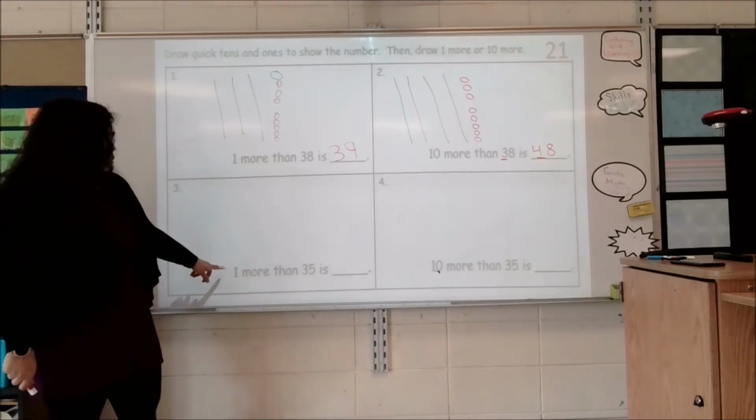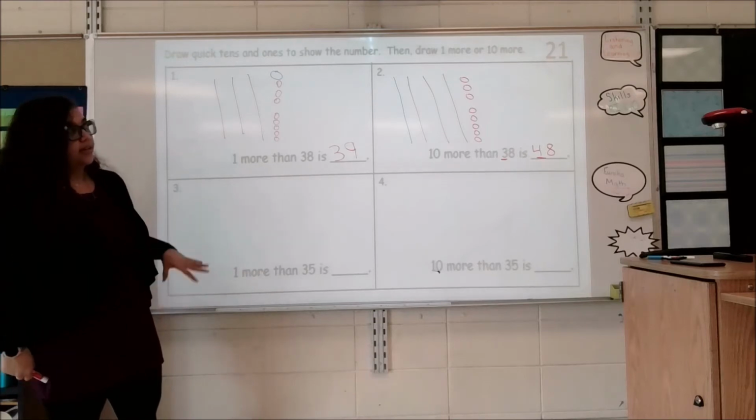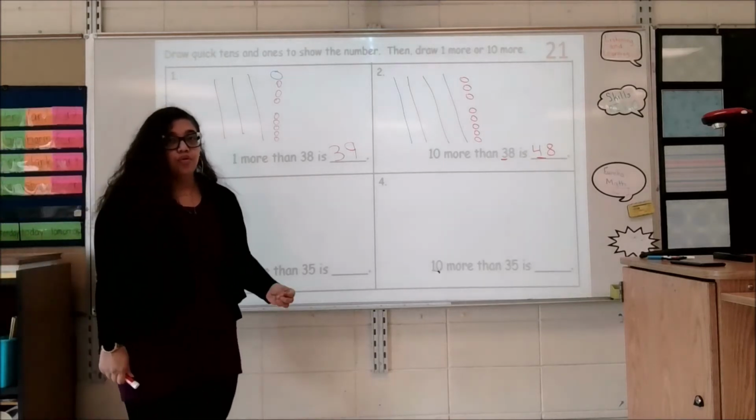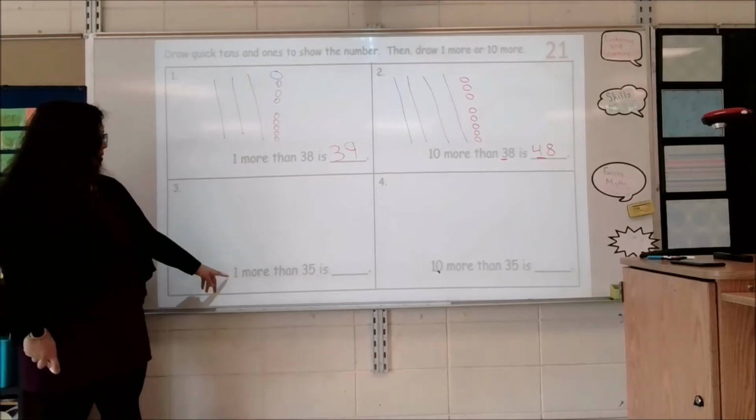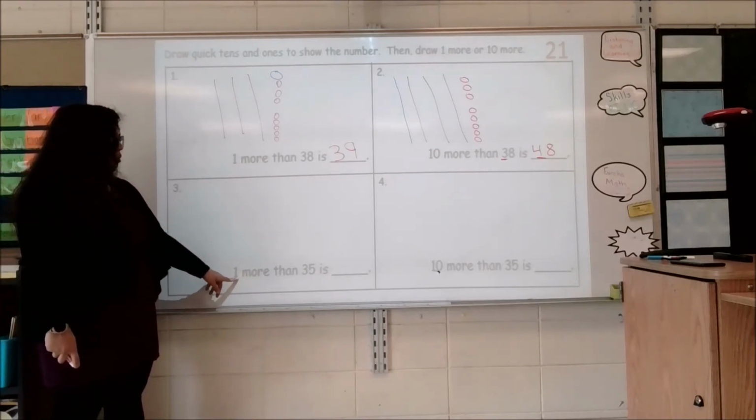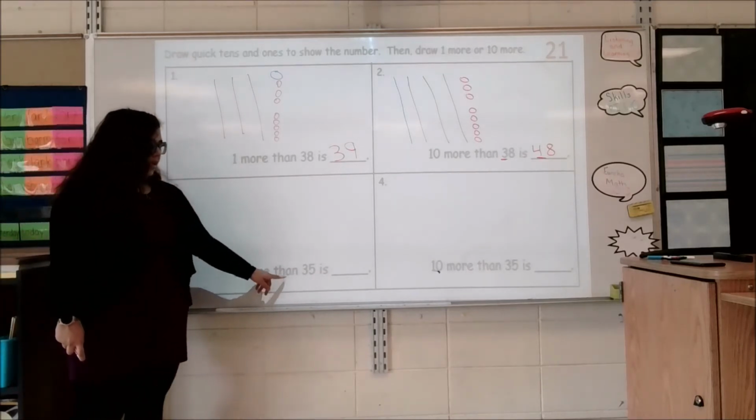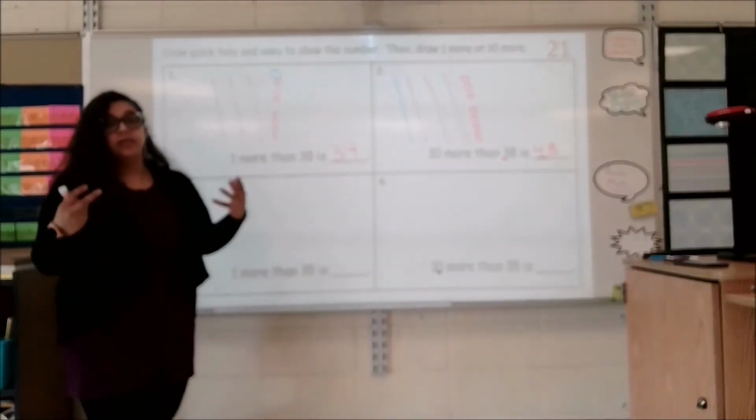All right. So 10 more than 38 is 48. And you can see how I drew an additional group of 10. This reads, 1 more than 35 is